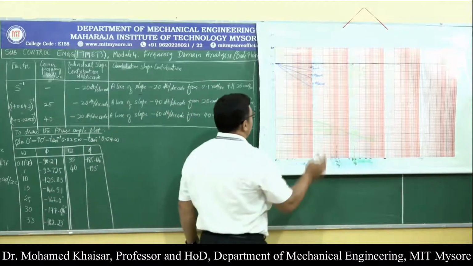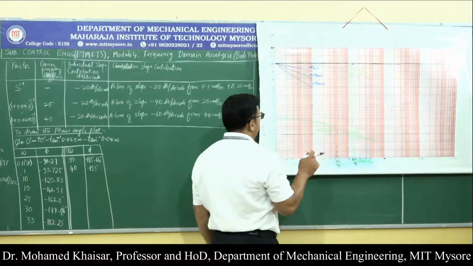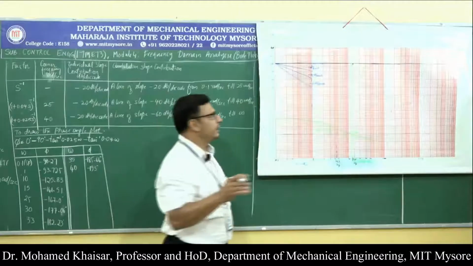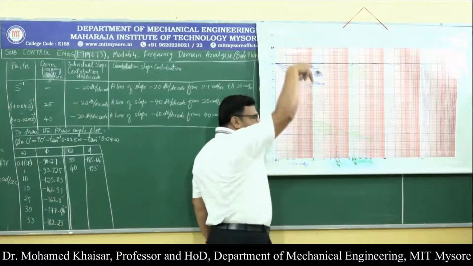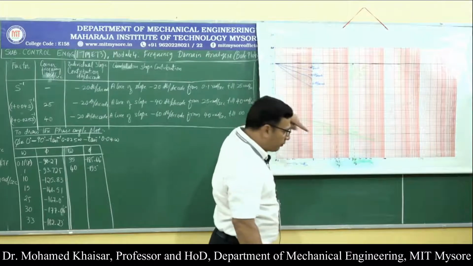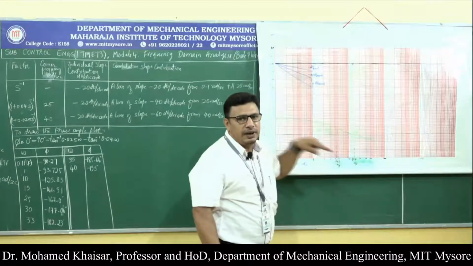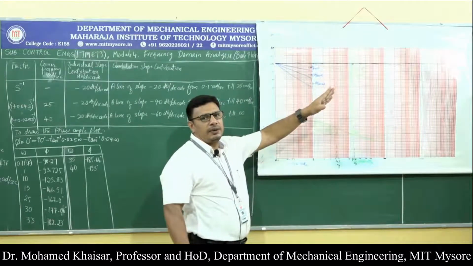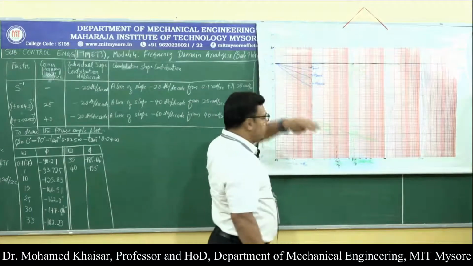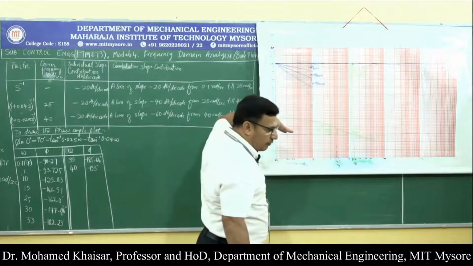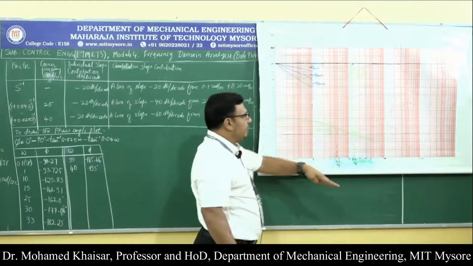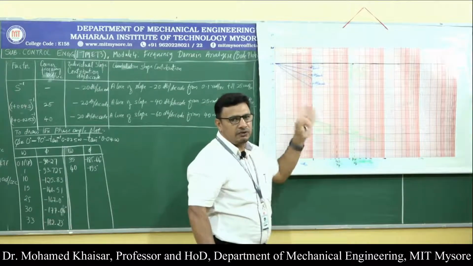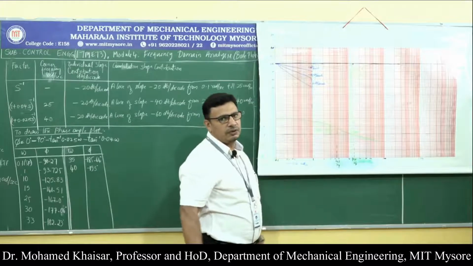And then slope, I have already mentioned, it is the ratio of y by x. If we say a line of slope minus 20 decibels per decade, it means along the y-axis on the downside, if the line goes downward, then it has a negative slope like this. If the line goes upwards, it has a positive slope. Since negative slopes are required here, the lines will have to go down. The ratio of the distance measured along the y-axis to the distance along the x-axis gives you the actual slope.